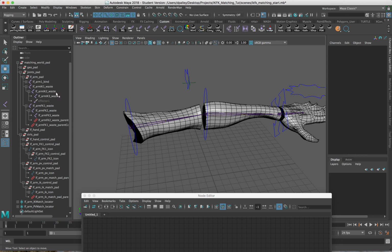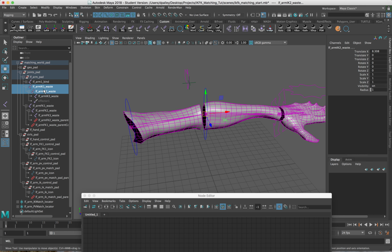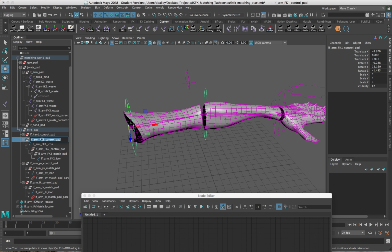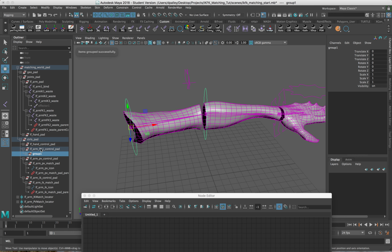Now, as I mentioned in the beginning of this video, we're going to set the FK controls to follow the IK joints here. So rotation to rotation. So first thing I got to do is create those matching groups, just like I did for the pole vector control, for the IK controls. So I'm going to call this FK2 matchpad. And call this one FK1 matchpad, of course. There we go. So we got our two pads,